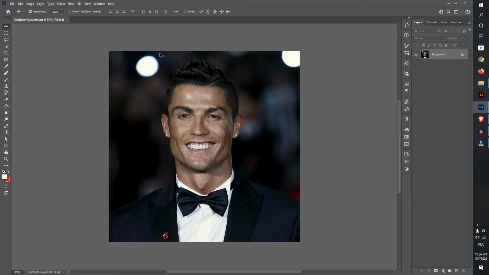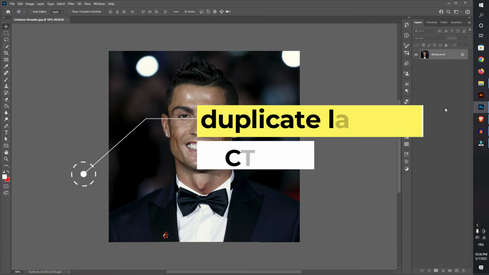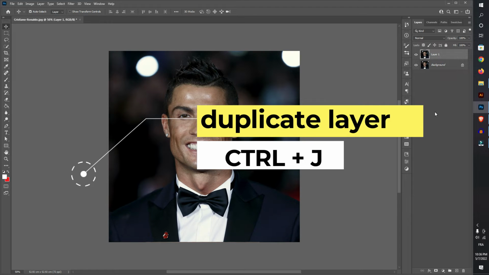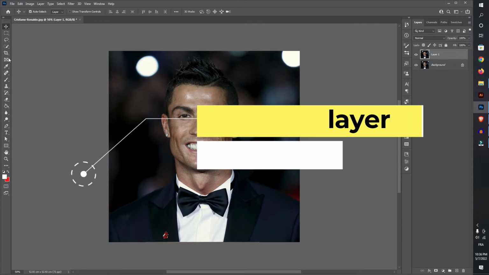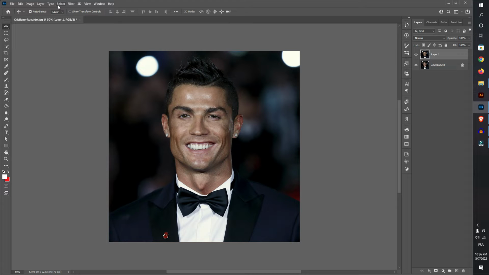The first thing you do, you just open your picture you want to work on, and after that, you duplicate the background layer by just dragging it here, or just by clicking the keyboard shortcut Ctrl J, okay? The next thing to do is, in the new layer here, go to Select, and